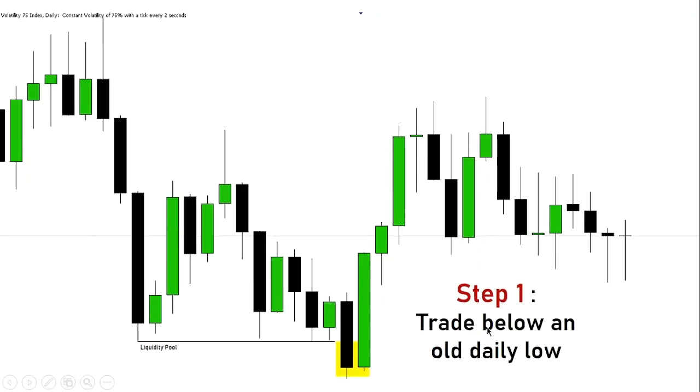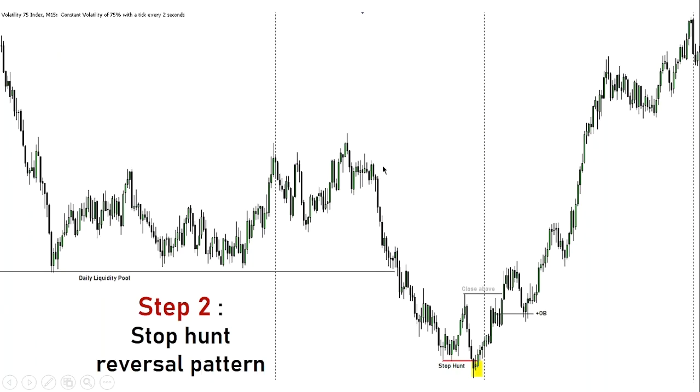Then for the next example, I just did this one where we took out an old high. Now we're going to do it with an old low. The price takes out the old low and goes back inside the range. Okay, let's see what formed the price up to the stop hunt reversal pattern, right? So like I said, usually you're going to have sell side of the curve, then buy side of the curve. And the way that happens is,